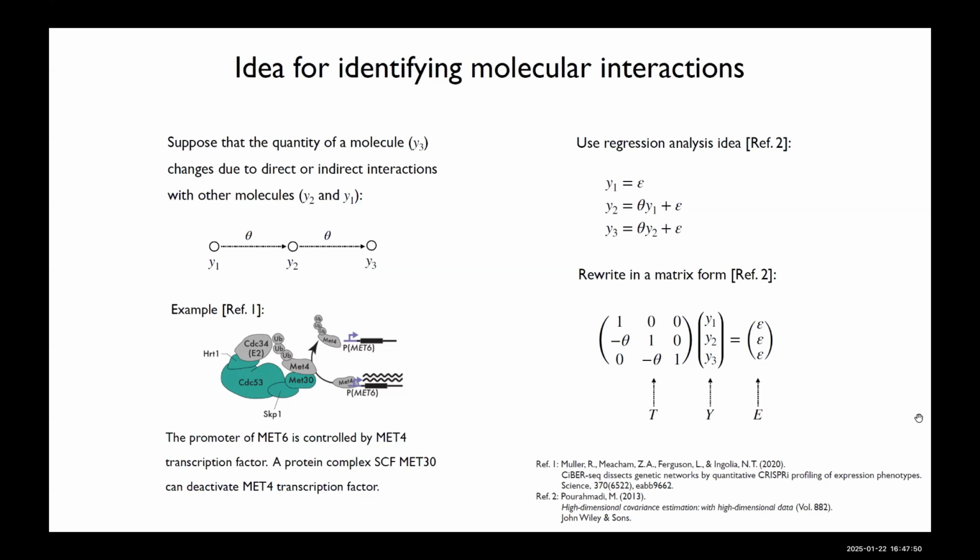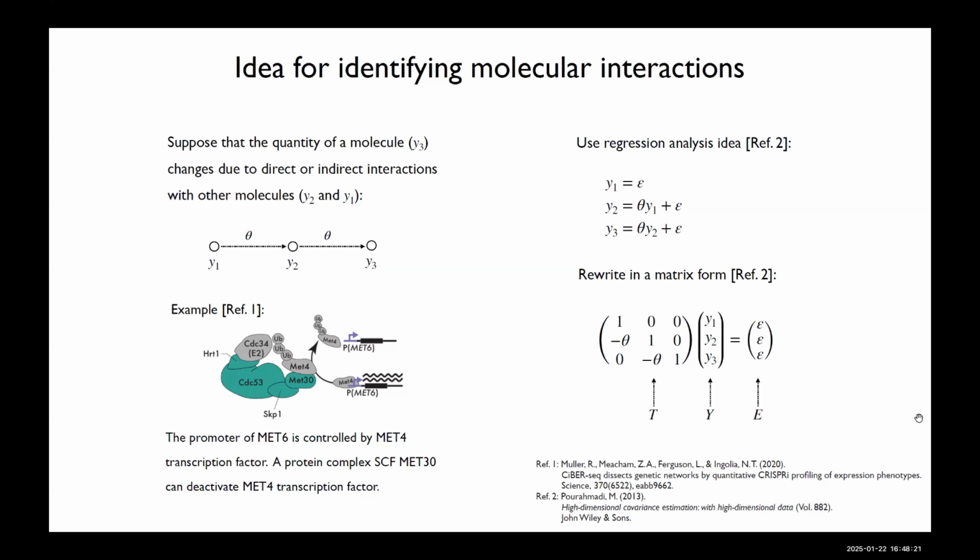this model may be relevant to a situation where the promoter of the gene, which can reflect the activity of a particular gene, is controlled by another molecule called a transcription factor. And yet this transcription factor is controlled by another molecule, a protein complex. So in this case,